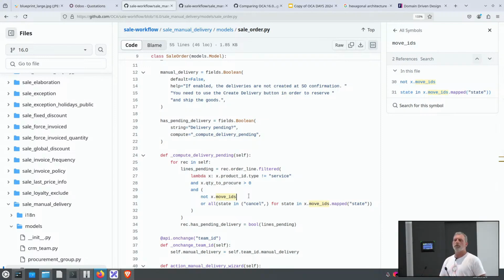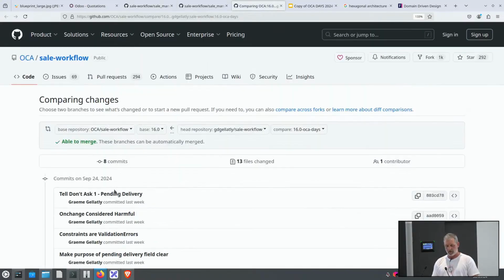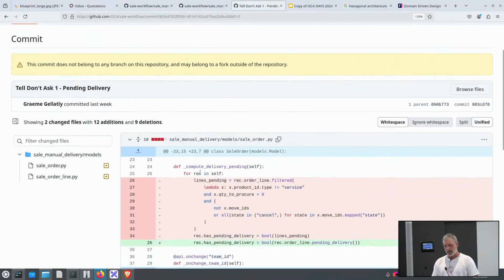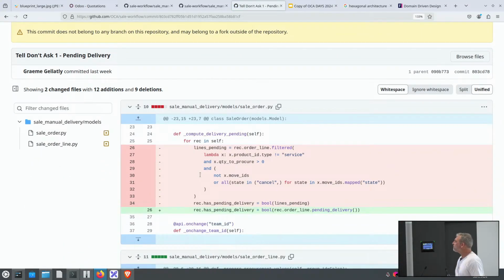So how might we rewrite this in order for it to be, first of all, tell, don't ask, second of all, more cohesive, and third of all, make its intent clear. What we'll do is have a look at how we've adjusted that code. There's a bunch of commits here. This changes over time, but the key thing here is that